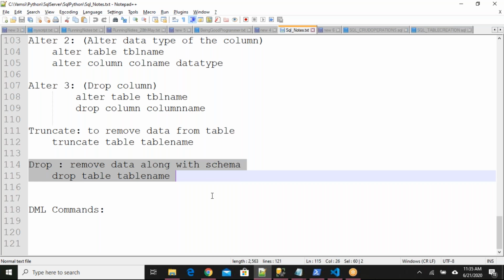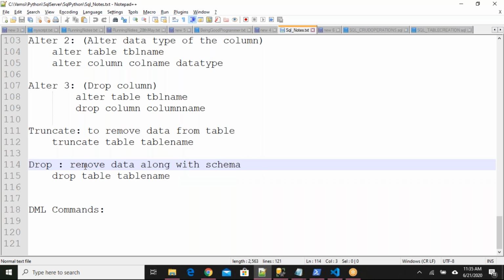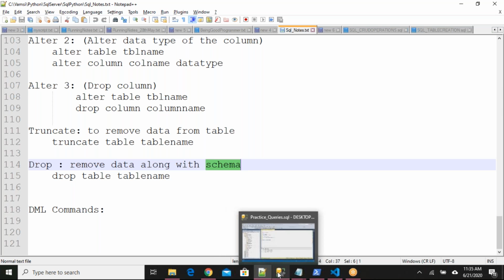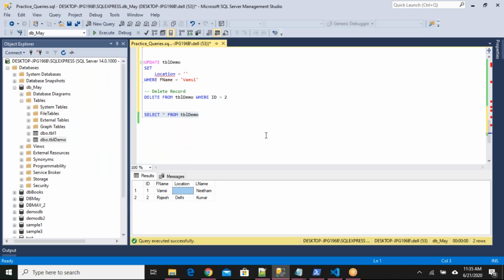So truncate and drop both delete the entire data, and drop will delete the schema also. That is the difference. And coming to delete, when you are using the delete operation, you can specify which records should be deleted. That condition you can mention here. But for truncate and drop, you cannot provide any condition.